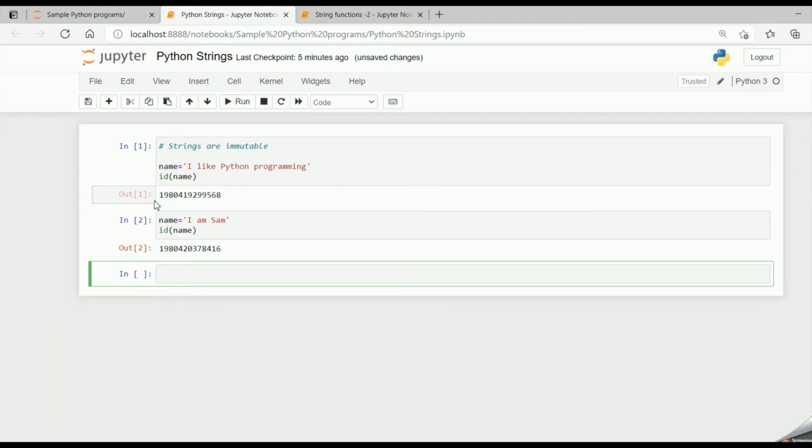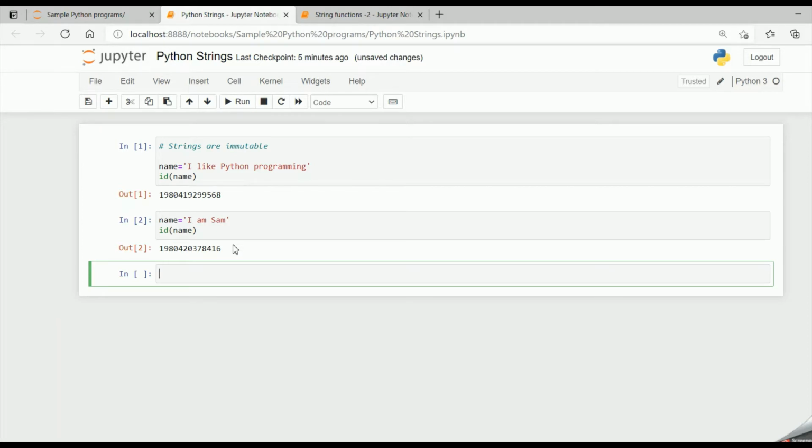So the first string, I like Python programming, and the second string, I am Sam, are stored at two different memory locations. So we say strings are immutable. That is, the content of the string I like Python programming is not modified, but in a new memory location the string I am Sam is stored. So from this example, we can say that strings are immutable.